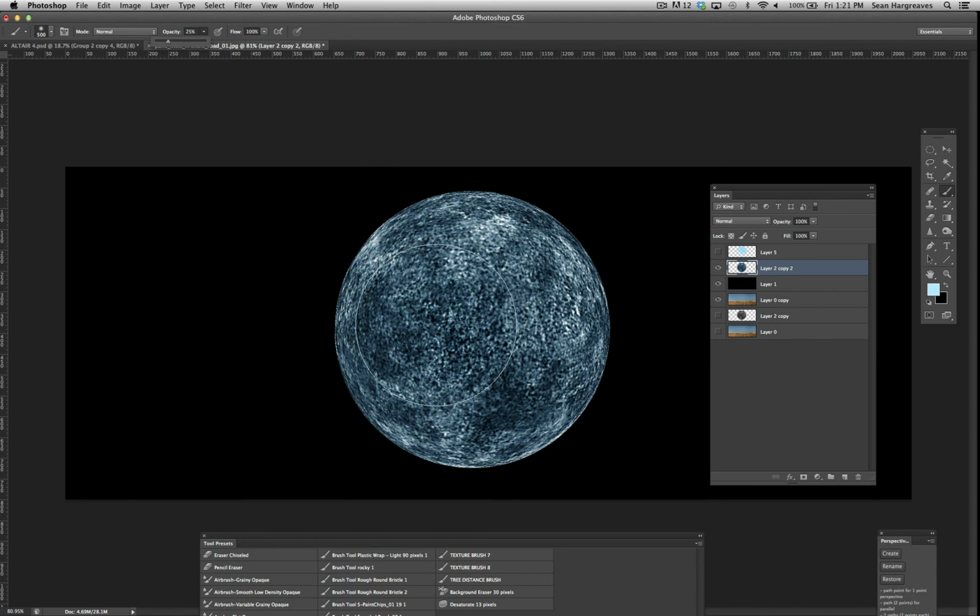In outer space, there's no reflected light because there's nothing to reflect the light onto the surfaces of things. It's not like here on planet Earth where you have a sphere on a ground plane and the light is hitting the sphere, hitting the ground and bouncing back onto the shadow side, and therefore you get what's called a core. We don't have that in outer space. You have your source light, unless there's multiple suns or a giant planet nearby, you're not going to get any reflected light, and your shadows are going to be black. So with that in mind, we'll just start